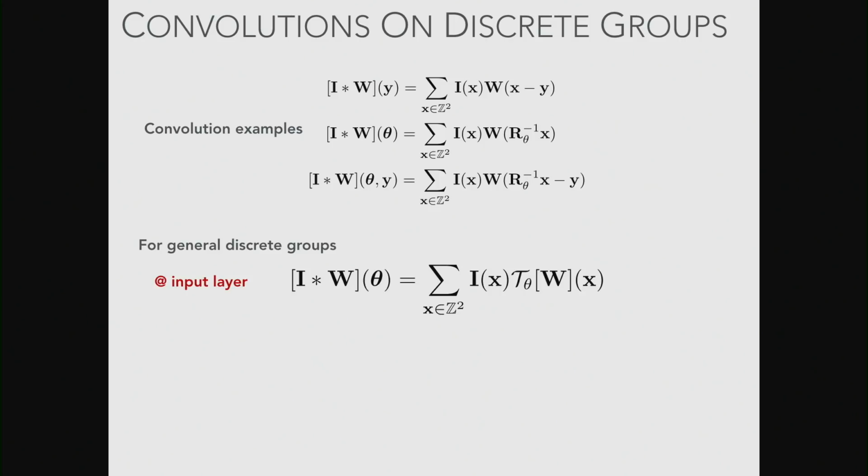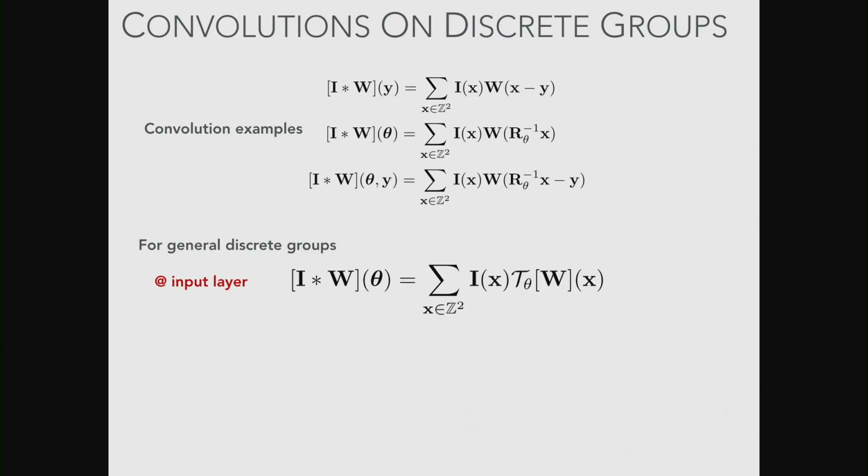So a group convolution is basically a convolution where instead of translating the input kernel, I transform it in some way, and you define what T is. T of theta has to be an operator from a group. So I cannot do occlusions or blurs or more funky things like that, which are non-invertible. And the thing to remember about this is that the response of a convolution is indexed by the transformation parameters.